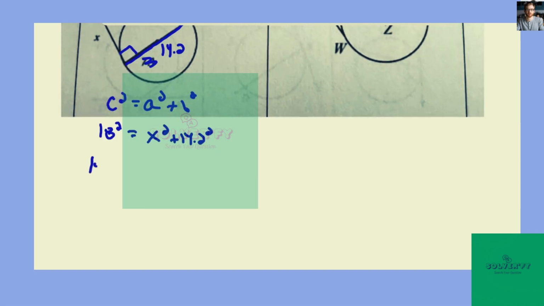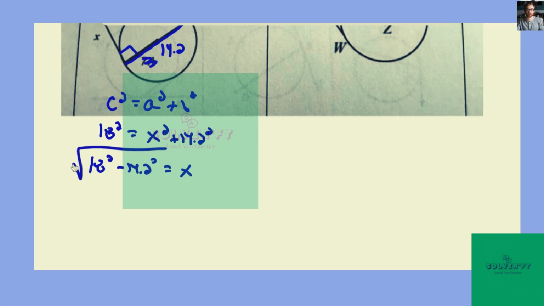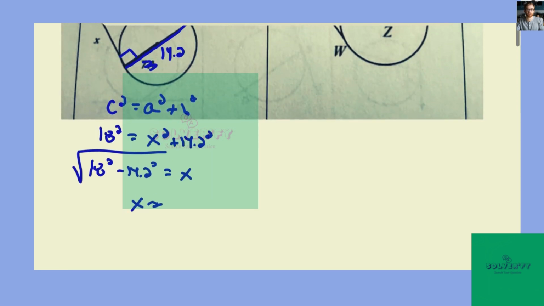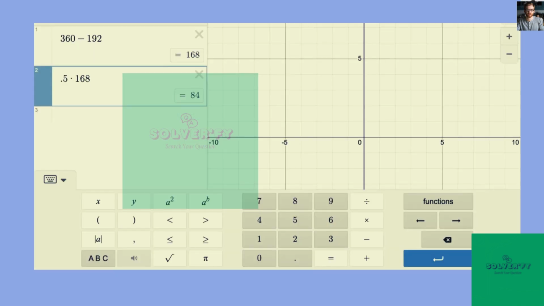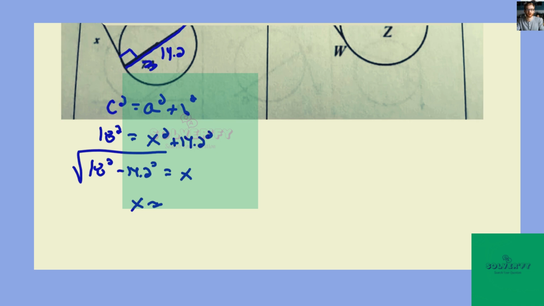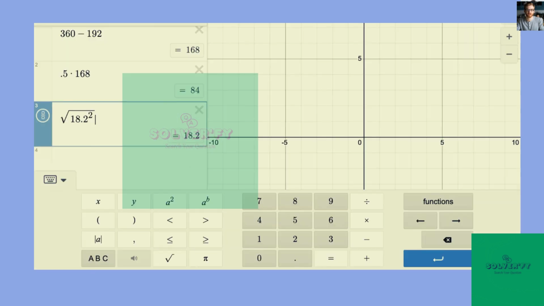So we'll subtract 14.2 squared and then square root to get rid of the squared. The square root of 18.2 squared minus 14.2 squared